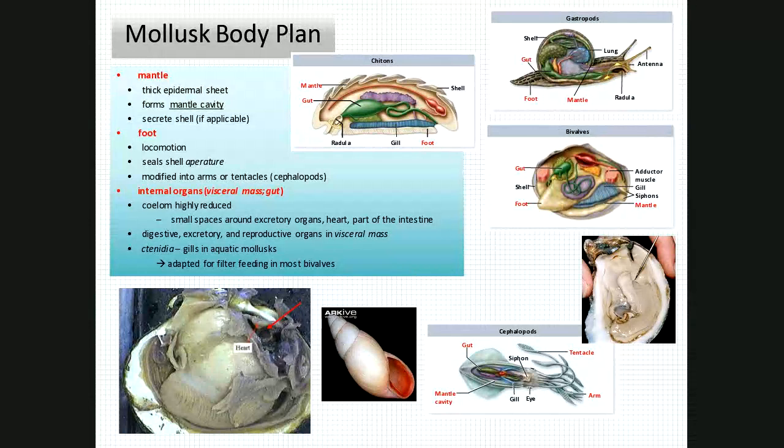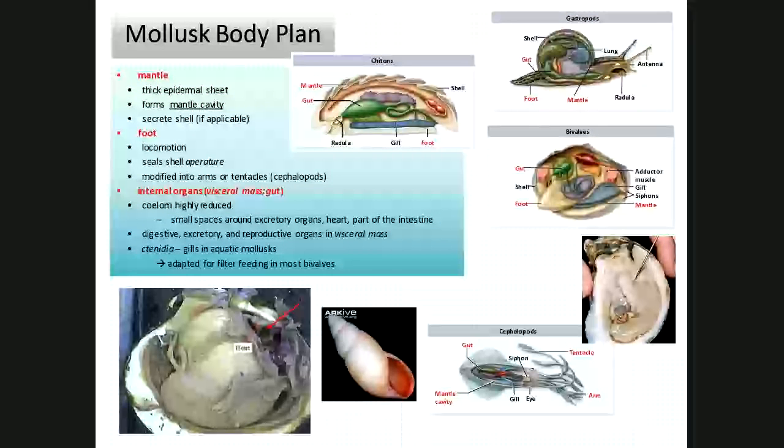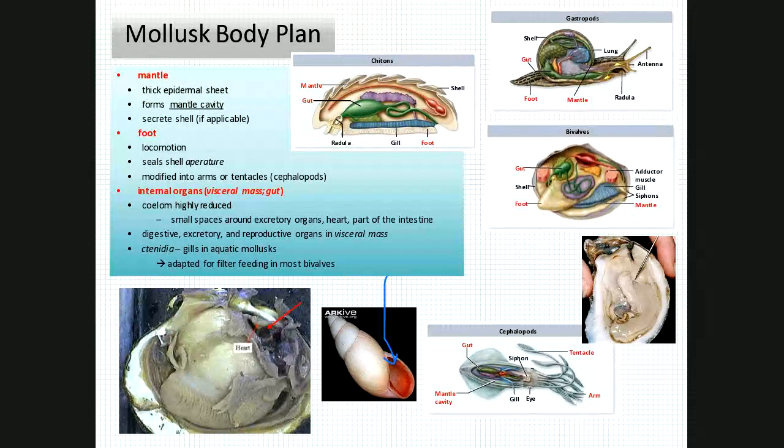Snails also can use their foot to seal off their aperture, the opening of their shell. Snails, since they live on land, have to be concerned about drying out. So you see in this picture down below, that's the foot of the snail, and he's used it to seal himself off to protect themselves from drying out. And in the cool group, the cephalopods, the squid and the octopus, their feet have been modified into arms or tentacles. Oh, these beautiful little variations on a theme in all these species. Very, very cool.